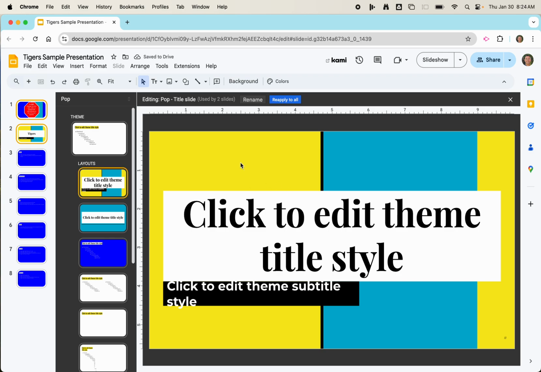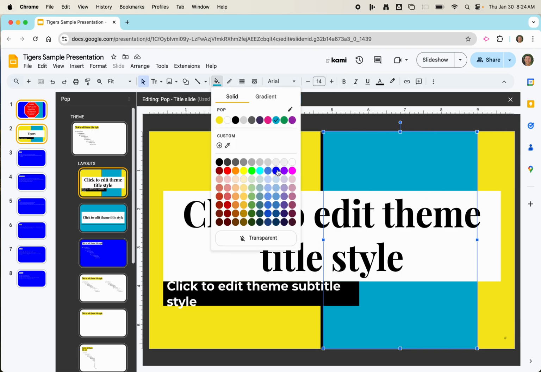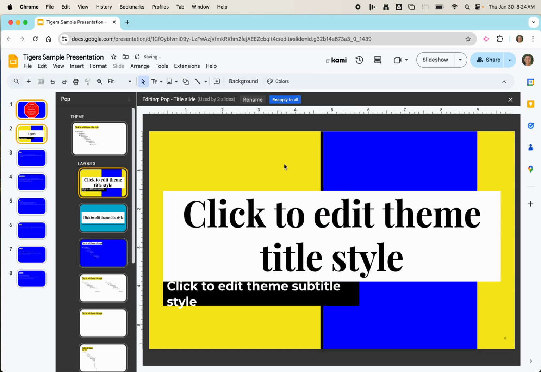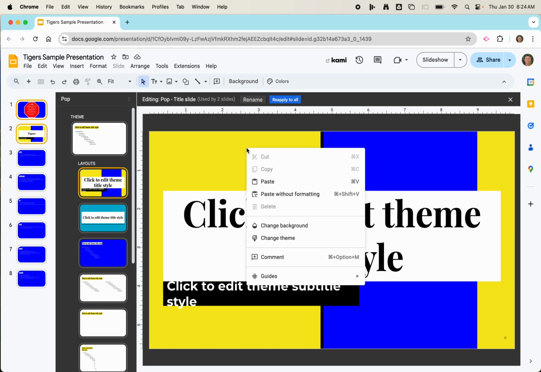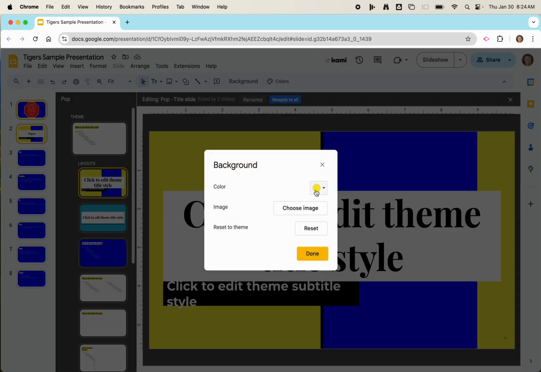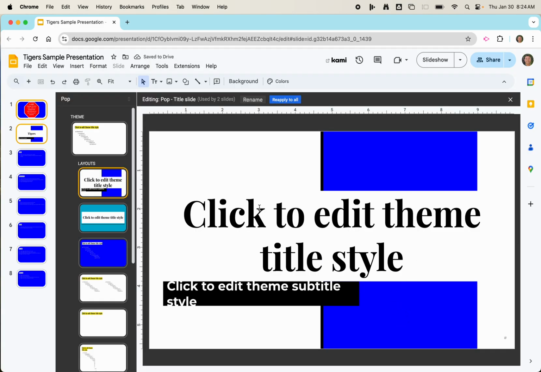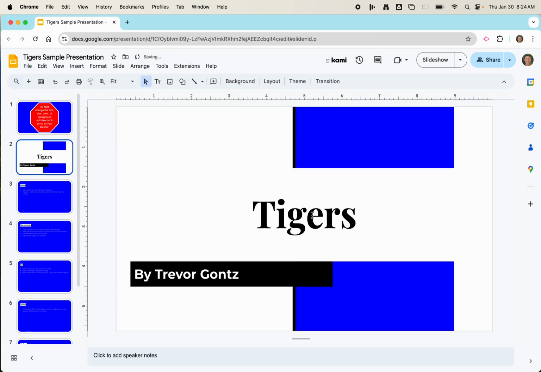Now, these colors. They are just individual boxes. So, for example, this blue, I can change the fill color to the blue we're using on our other slides. And then the yellow is actually the background color. So we can click here and change the background of this from yellow, let's say, to white. And then let's see what that looks like. Okay. Looks kind of goofy, but I'm just going to let it like that in the interest of